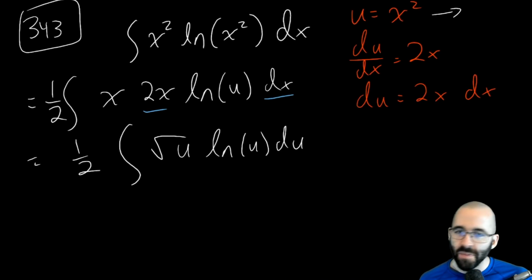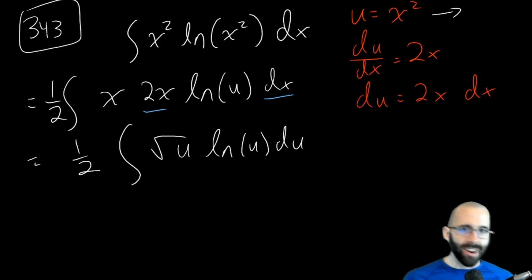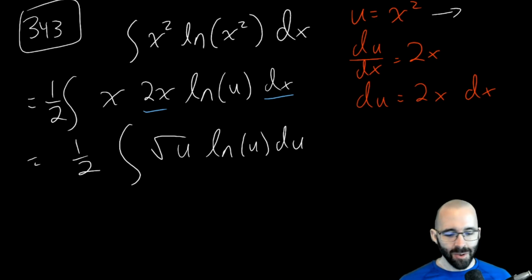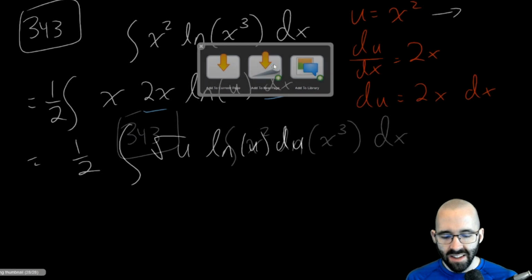Anyway, which problem is next? 343. Okay, so initially I was going to do 343, and I was a little nervous, and I was like, I'm going to show my students what to do if you don't think it's going to work. Well, it doesn't work at all, and then I thought about it some more and realized it's a typo. I looked at the final answer in the back of the book. This guy up here really needs to be a 3 for this problem. So if you want to look at what I tried, you can, but really all that matters is that we